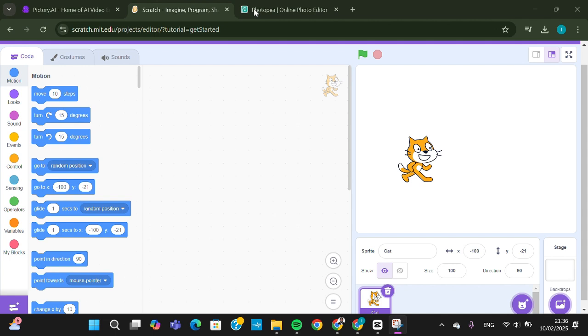Here I have opened Scratch website, and basically guys, we can use this website to create animation, or even we can create a game on this website. And here guys, I'm going to show you a basic tutorial, especially on how to make the sprite move on Scratch. So this is called Sprite on the Scratch, and you can choose your sprite by clicking on this icon,